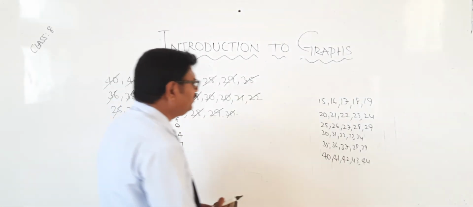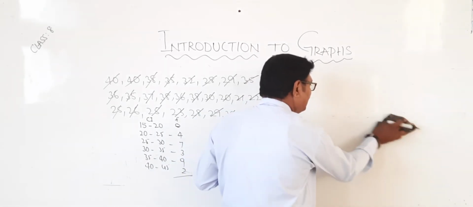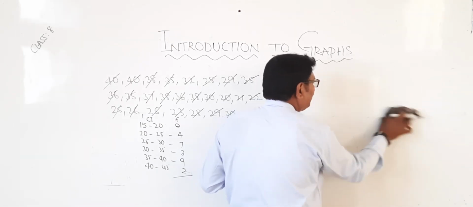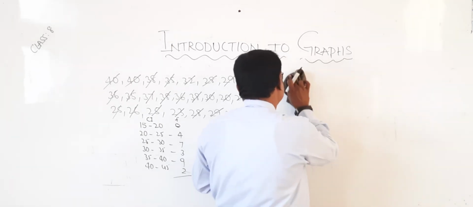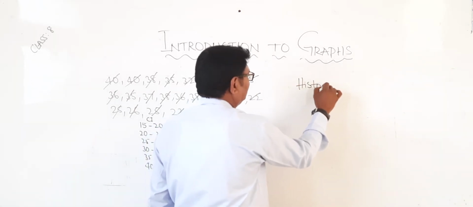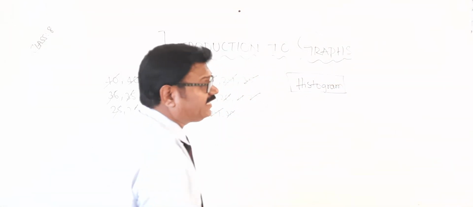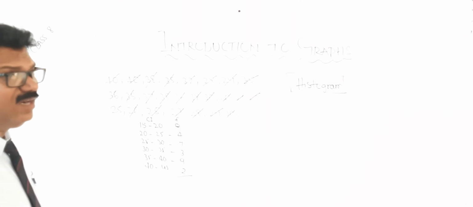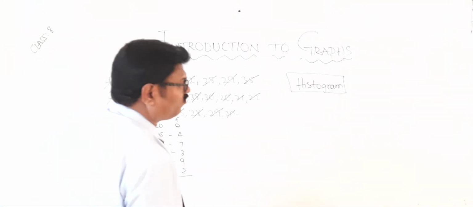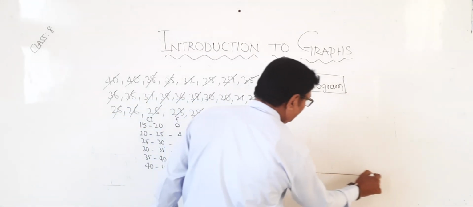Right. Now, it is not possible to draw a bar graph or double bar graph. Therefore, we should go for a new graph. The name of the graph is histogram. What is that? Histogram. In histogram, the class interval is continuous. There is no break at all. But in the bar graph, whichever you want, you can take. But in histogram, it is not like that. It should be continuous. Now see, now same graph can be drawn like this.